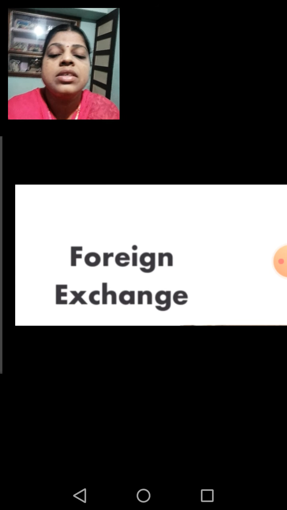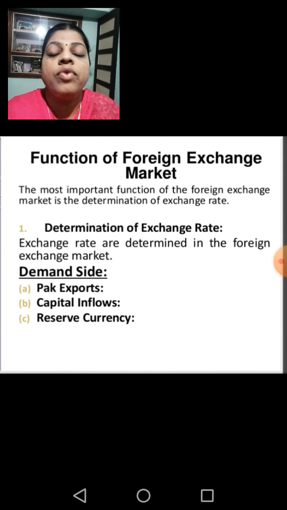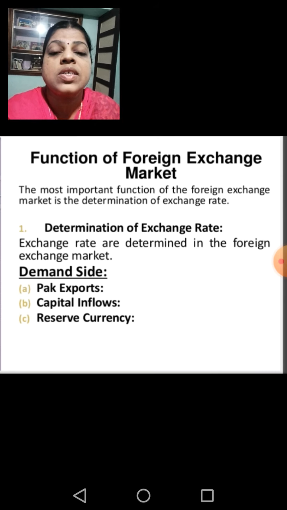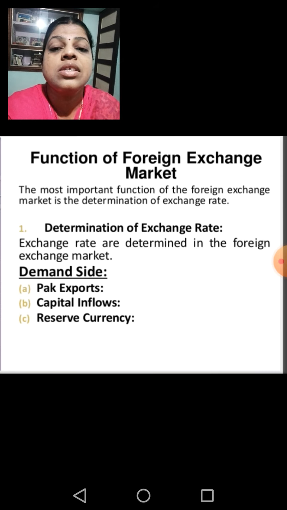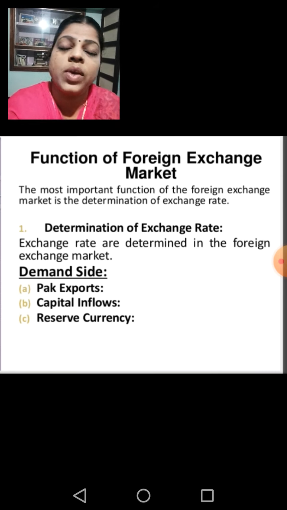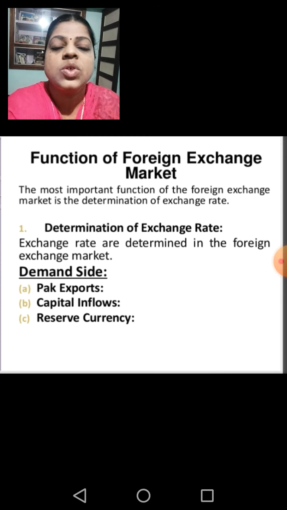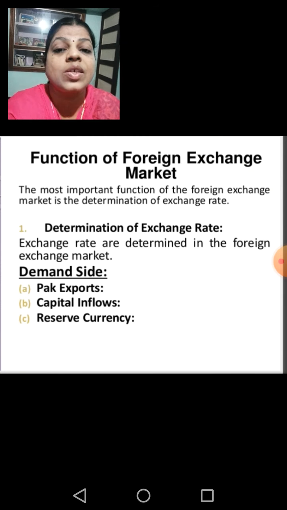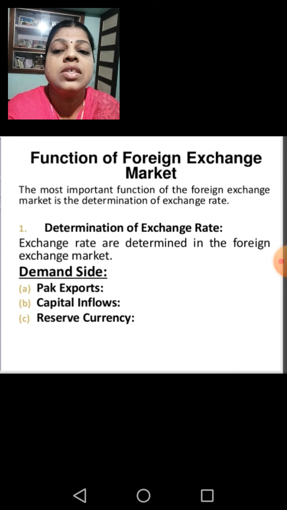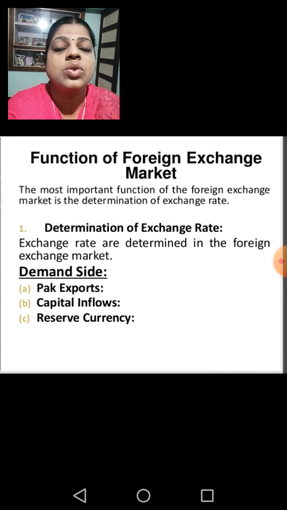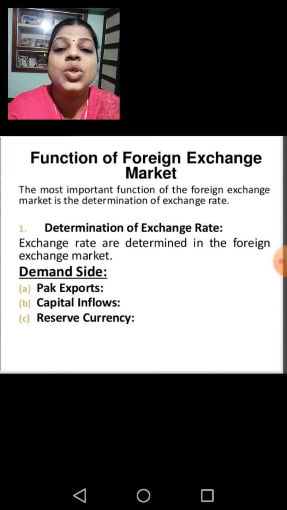So for that, we have to understand what the exchange rate is. So children, in our day-to-day life, you would have discussed exchange rates many times, isn't it? Yes. So children, is there any idea about what an exchange rate is? Something related to exchange, isn't it? Exchange of currencies.